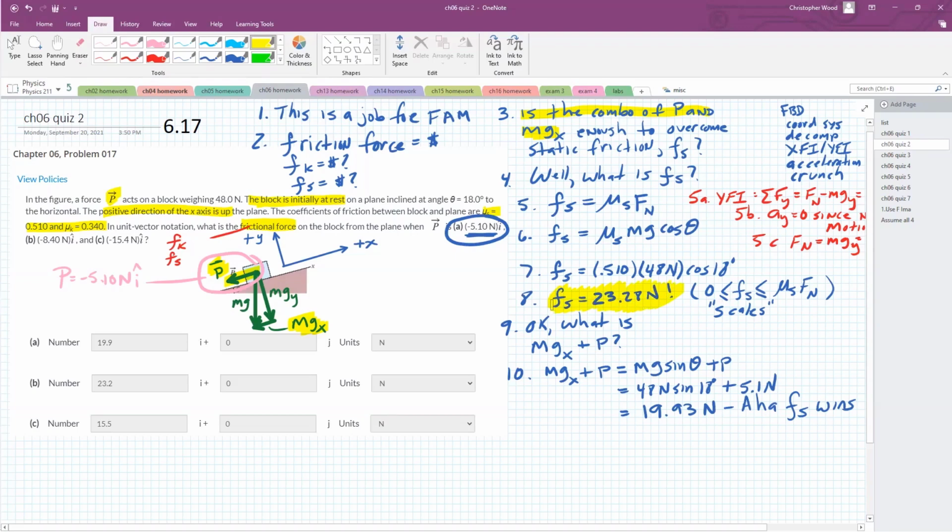But for part A, I only need 19.93 newtons of friction, because once again, this is the down ramp force. This is down ramp force. So I just need